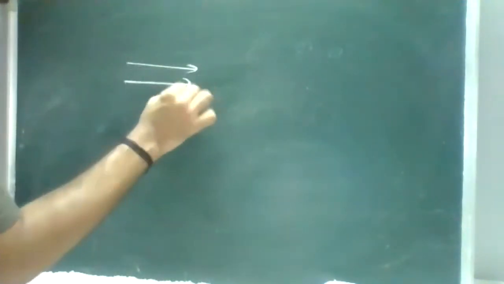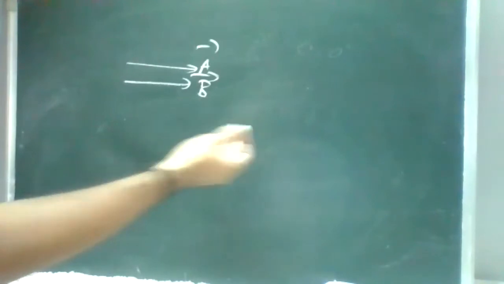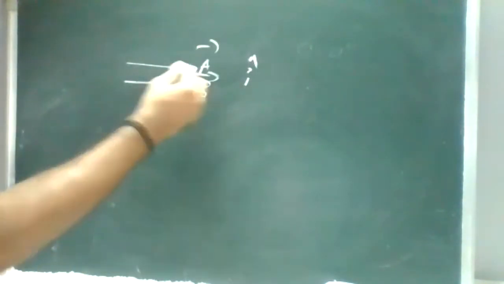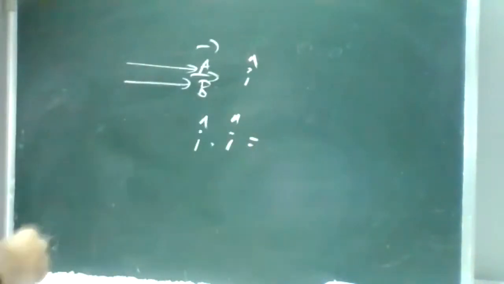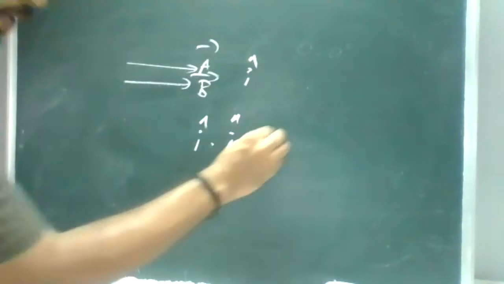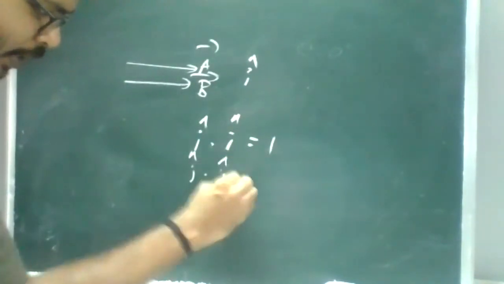So you'll see the relation. Assume there are two vectors, A vector and B vector. Both are traveling in the same direction. Assume it is the x-axis, so i cap is your axis direction. When you are multiplying with the base vectors, A vector dot B vector is equal to cos 0. Cos 0 is 1. So when you are multiplying in the same direction, it will be 1.